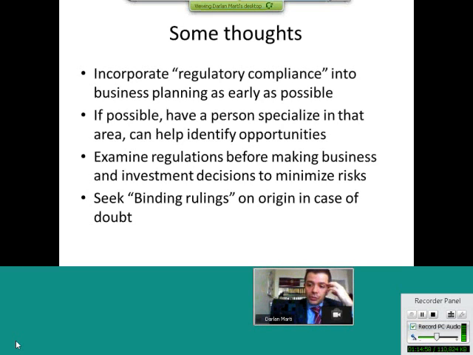Finally, one possibility to reduce risks related to origin is to seek what we call binding rulings on origin. All governments of the world should provide, at the request of an exporter or importer, a binding ruling or information that is binding on them regarding the origin assessment. So if you're planning to export or planning to invest and you want to have certainty about how your good will be treated, you can ask customs to look at your production